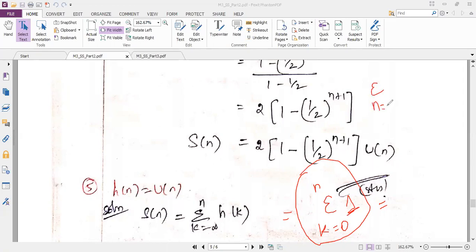So summation n equal to 0 to n minus 1 of alpha power n. This is very important, just now we have discussed. It is 1 minus alpha power n divided by 1 minus alpha. So you should know this. This formula is applicable only when alpha is not equal to 1. And the continuation of the same formula is equal to n when alpha is equal to 1.